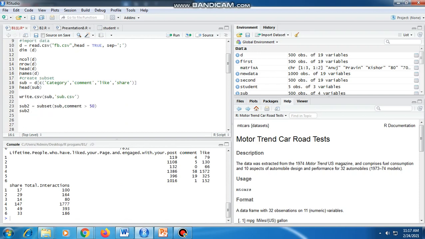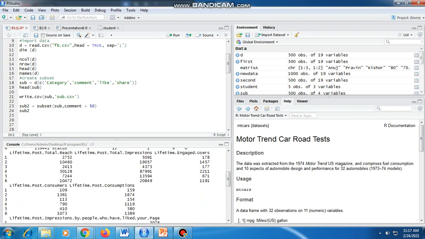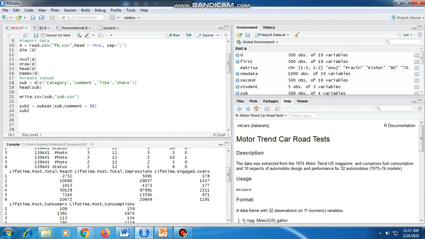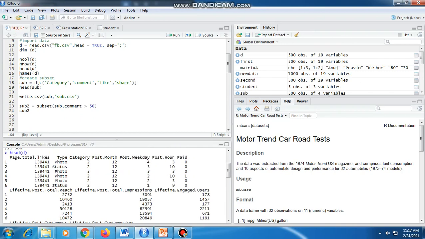Now we'll see the procedure to create a subset. Here in this example, out of these 19 columns, we are using only 4 columns for simplicity: category, comment, like and share. With the help of the c command we are storing the values of these 4 columns into the sub variable, so d of c category, comment, like and share.